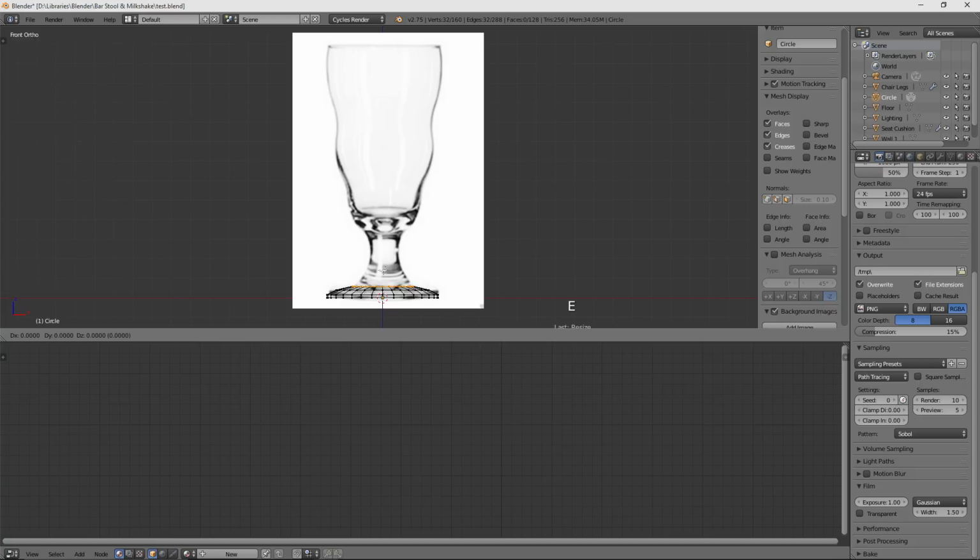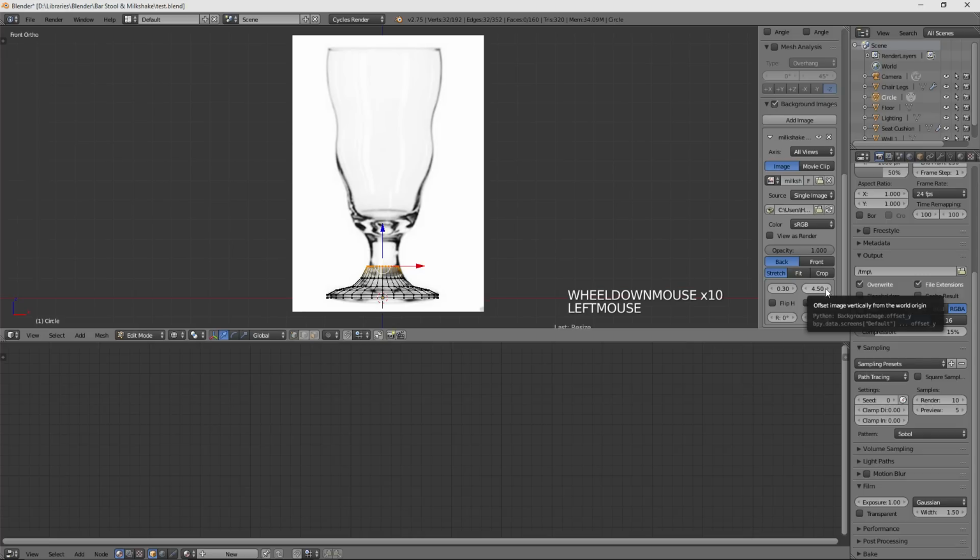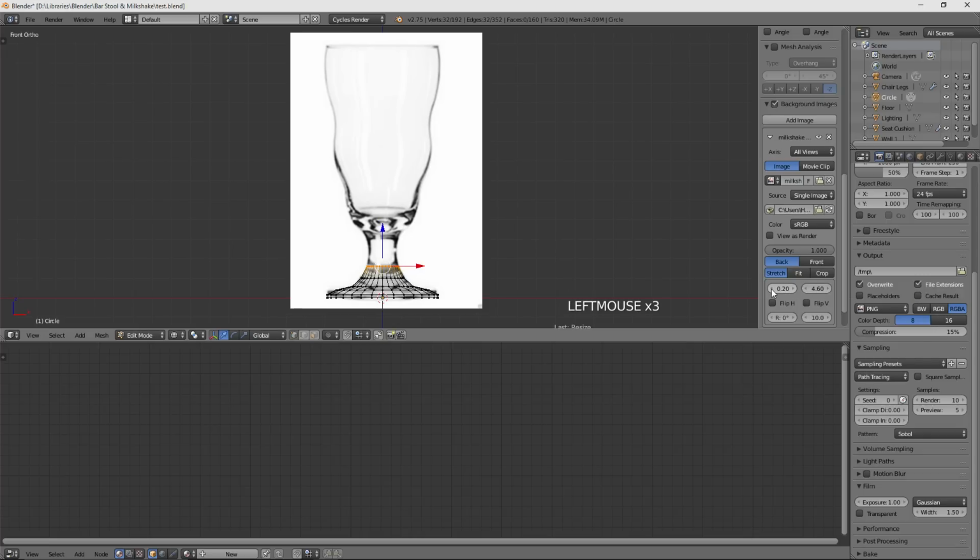So extrude, Z, pull up, scale, pull in. And you can see it's not going to be perfectly aligned, but this picture is going to be a good guide for me. So extrude, Z, pull up, scale, pull in. And I can come over here and you can see it's slightly off to the side. So I'm going to, oh, that's up and down. I'm going to move it over to the side just a little bit. And now it looks like it fits better.